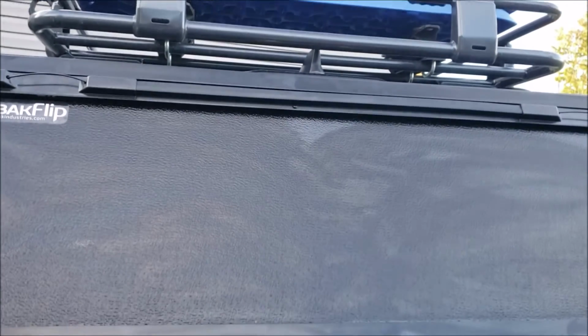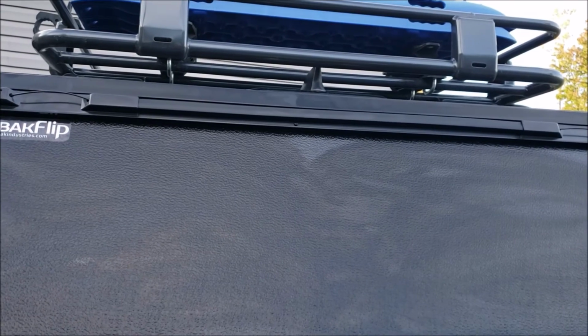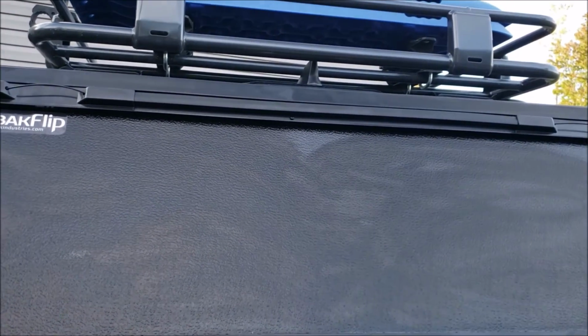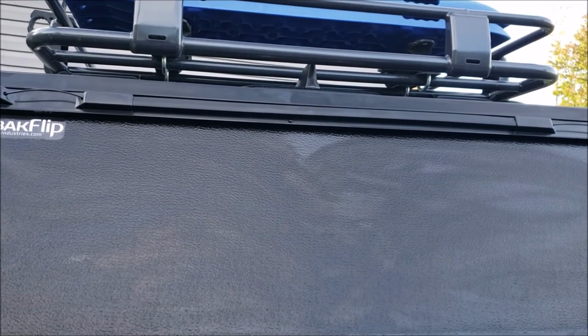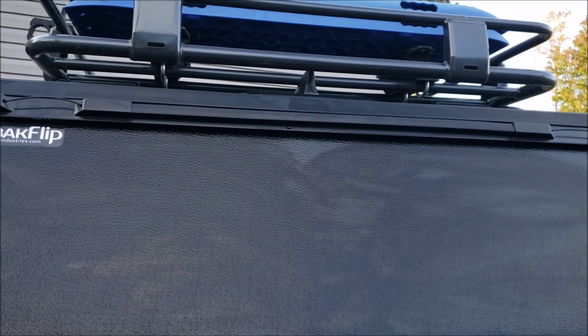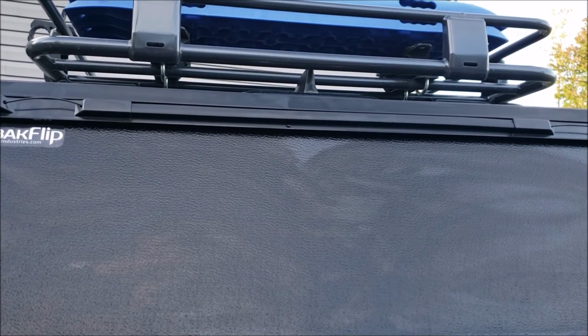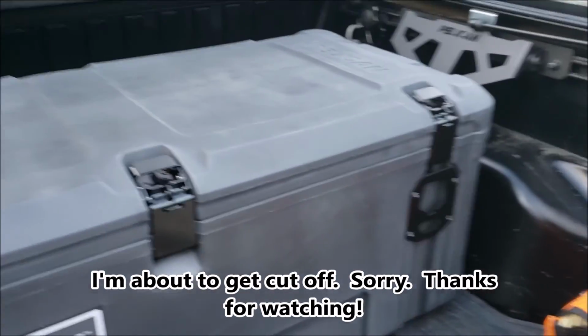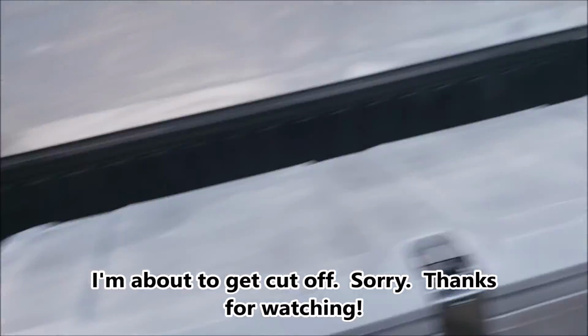It is kind of a pain to navigate to where everything is on Pelican's website. The best thing to do is probably Google Pelican Cargo Case and go from there. There were some weird ways to get to what fits my truck, and I honestly don't remember. I just remember every time I went there, like, what the heck. So anyway, if you have any questions about this thing, and I think I am going to invest in